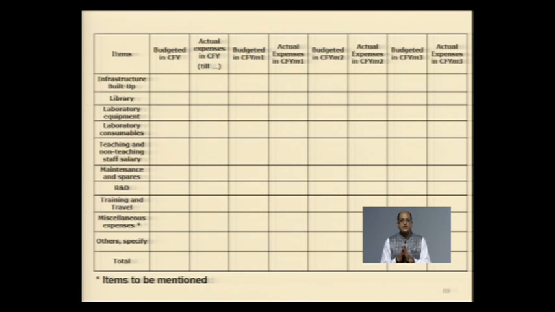It has been made explicitly clear with an asterisk that, generally, in the sheets filled by many institutes you find significant expenditure under miscellaneous, because the interpretation of miscellaneous is their own. So it has been made clear that whatever components are shown here, they need to put all those components in the attached sheet and give a detailed description of them, to understand that this expenditure is typically on the academic side, not on the other side. And this information is to be given for all the financial years. Here we are looking at 3 financial years. But if somebody is submitting a proposal in the middle of a current financial year, that information also needs to be submitted.